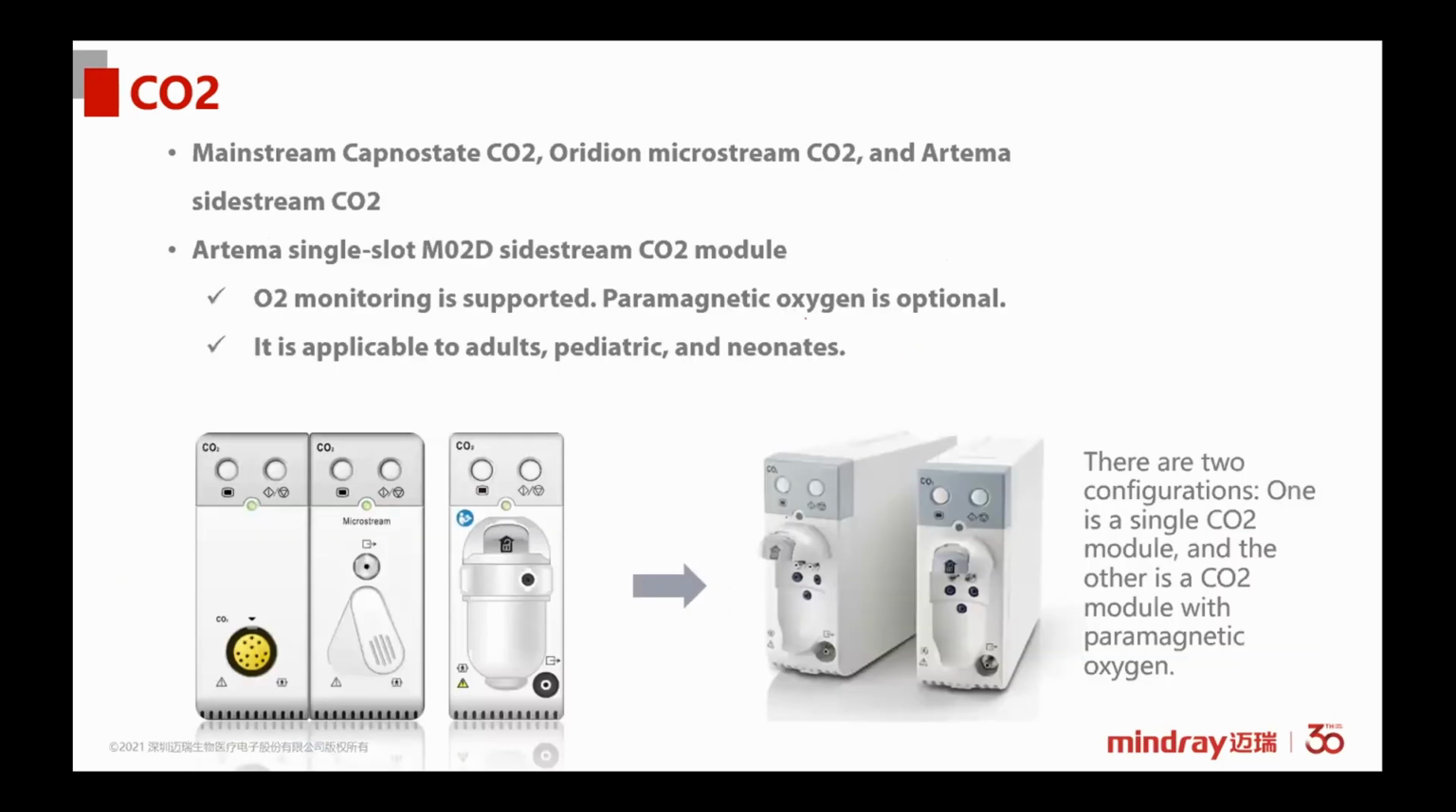The side stream and micro stream use the constant sampling flow to sample the respiratory gases in the patient respiratory airway, and then use the CO2 sensor built in the module to analyze it. Therefore, they need the consumable of the water trap and the sampling tube, which can be used for intubate or